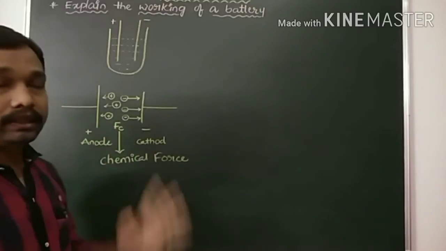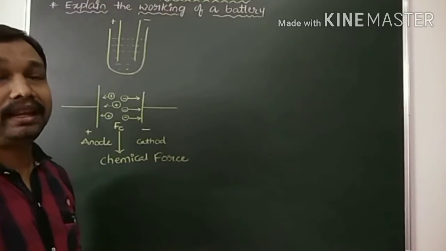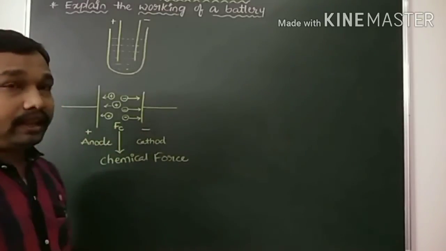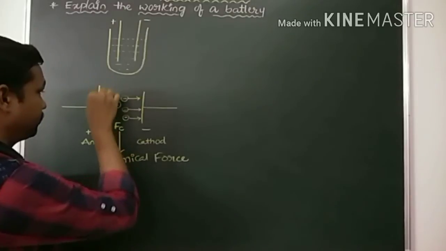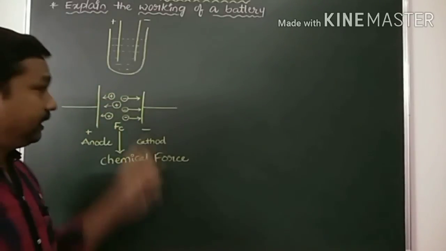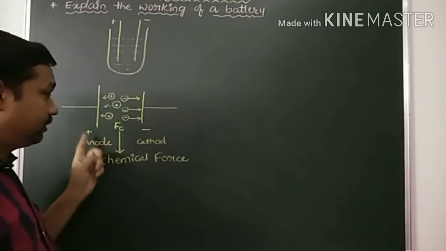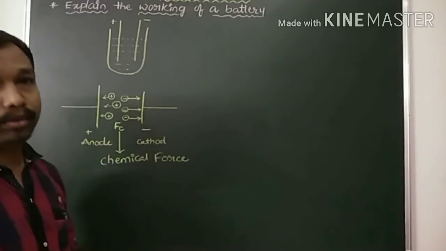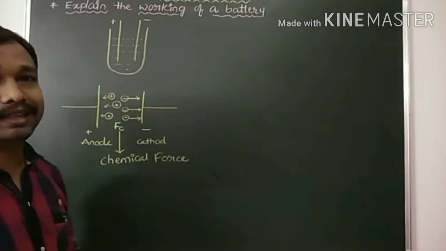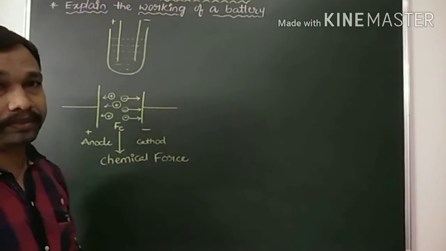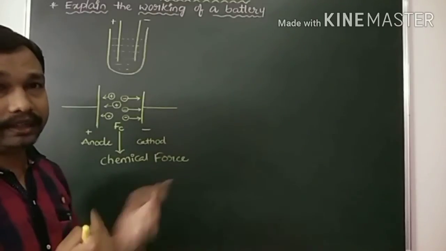After the accumulation process is completely completed between the two terminals, then what happens? There will be one more force on the electrode, by the electrodes. Negative ions are deposited on this, so we get a negative electrode. Positive ions are deposited on this, so we get a positive electrode, so that they repel the ions which are moving towards the respective electrodes. Negative ions moving towards the negative electrode get repelled, positive ions moving towards the positive electrode get repelled.